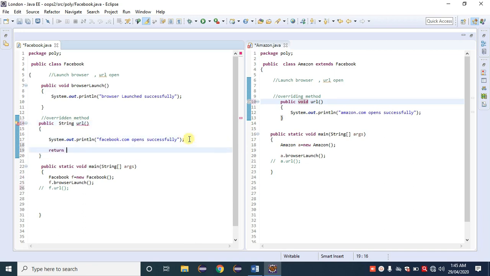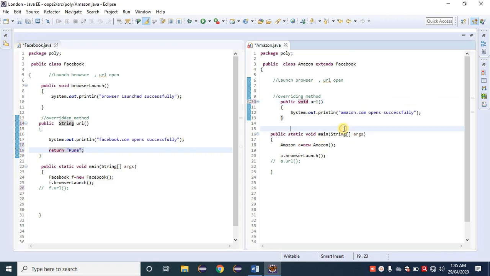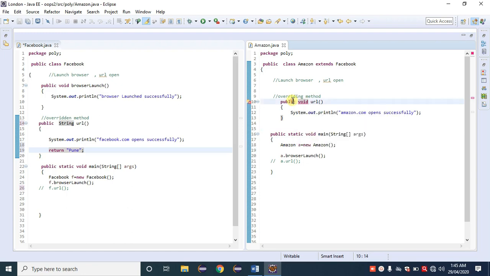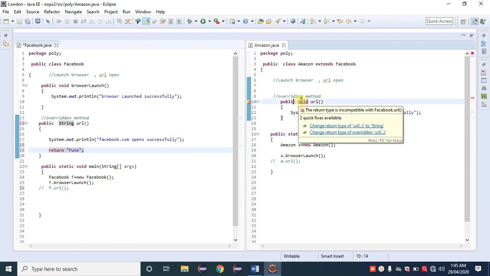Return Pune, simply giving an example here. Control S, we get an error. Read that error: change return type of URL to string. That is the suggestion given by Java. It means that this void is not suitable for an overriding method.